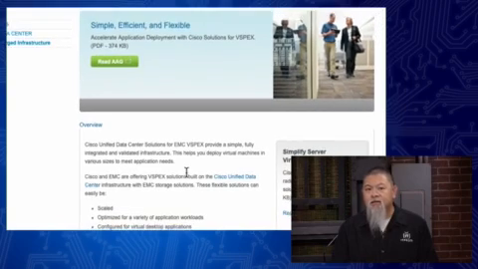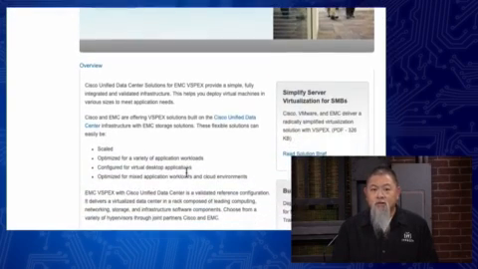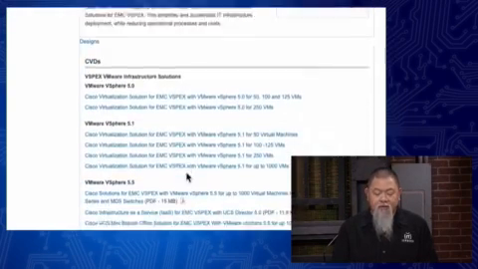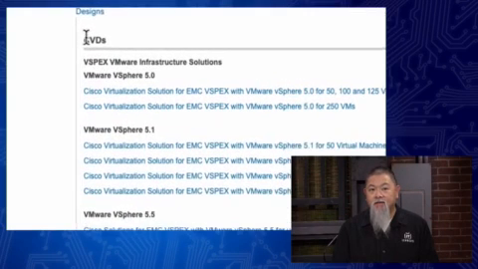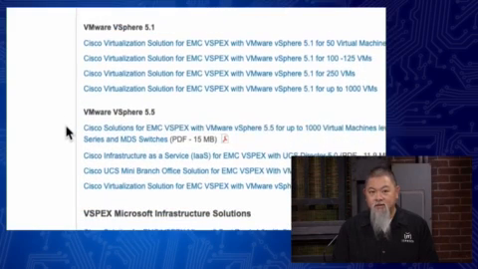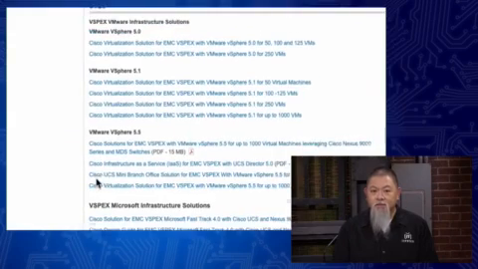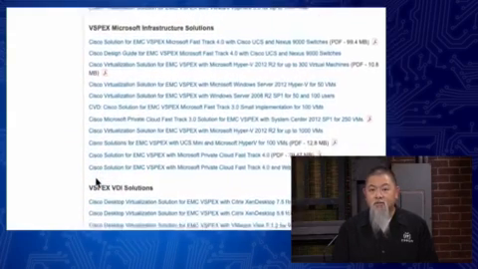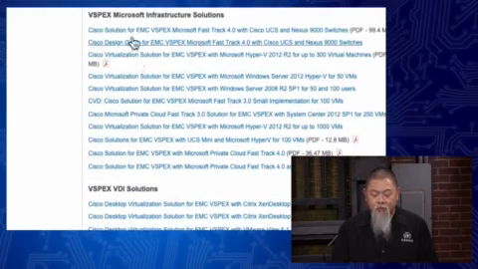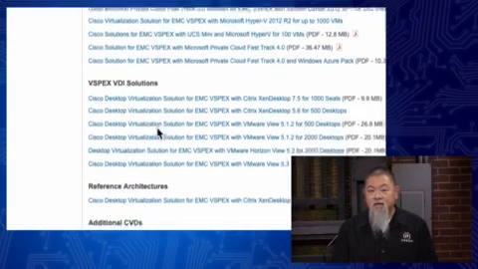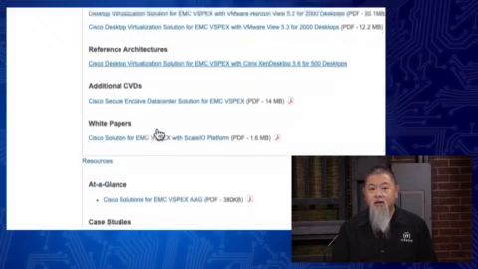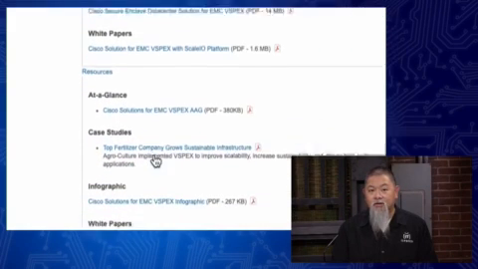And what they're saying is, look, they work so closely together on everything that they did. They even listed their Cisco validated designs on their page. And notice they show you, if you're using vSphere 5.5, all these designs. Now, this is a little bit older on this page. Then they even show you the validated solutions for vSpecs and Microsoft infrastructure, and even VDI if that's what you choose to run, and other architectures that are also out there and available.